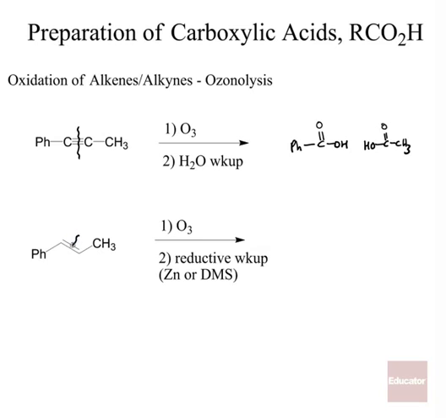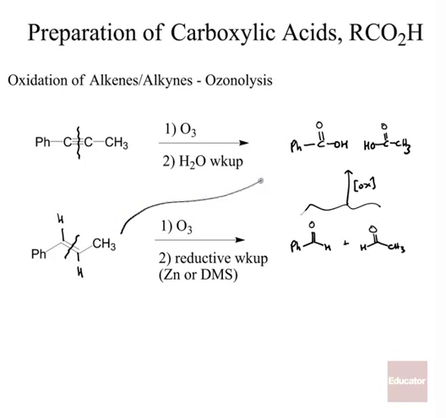Now if we do ozonolysis of an alkene, if we do it with just an ordinary reductive workup, we would get out 2 aldehydes in this case. See how this double bond has a hydrogen at each position? So we would get benzaldehyde and acetaldehyde in this case. But we just learned that if you had an aldehyde, you can oxidize these up to the carboxylic acid. So you could use Jones oxidation or something like that, and you could get the carboxylic acid instead. Or we could go straight from here to the carboxylic acids by doing ozonolysis, and